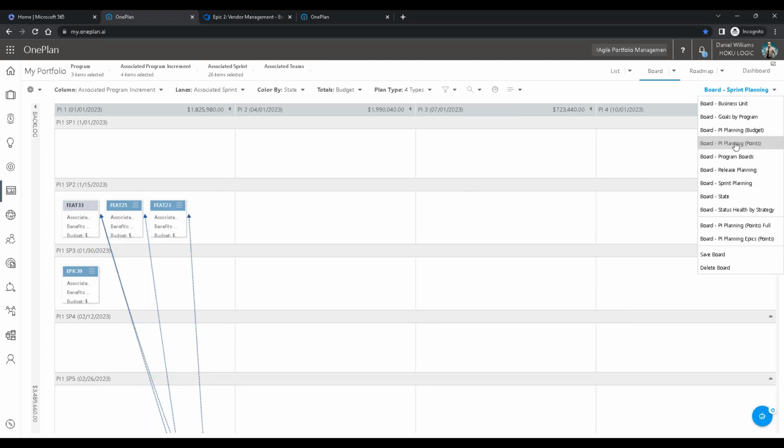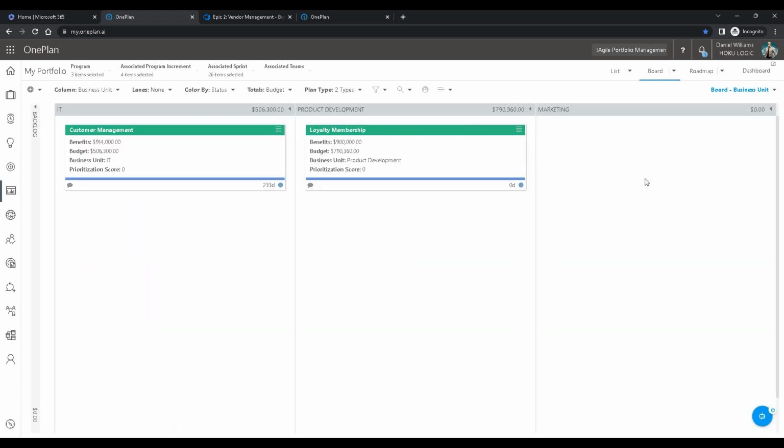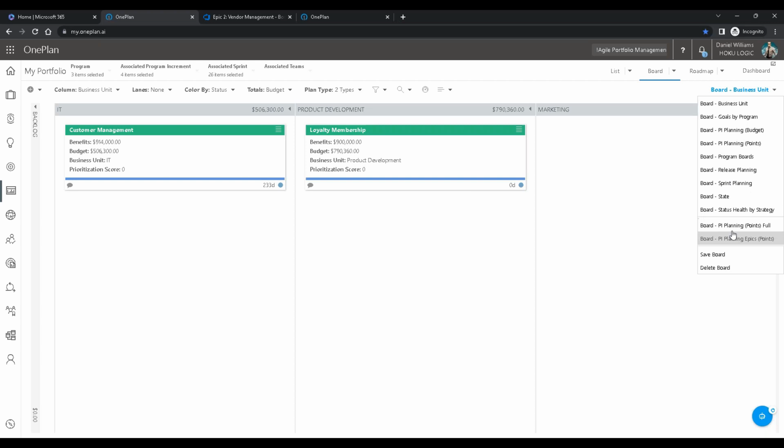Let's go to another view. Let's see. If you wanted to focus more on business, we have one by business units, by goals. There's really no limitation in terms of what you can configure with a data set in terms of showing your